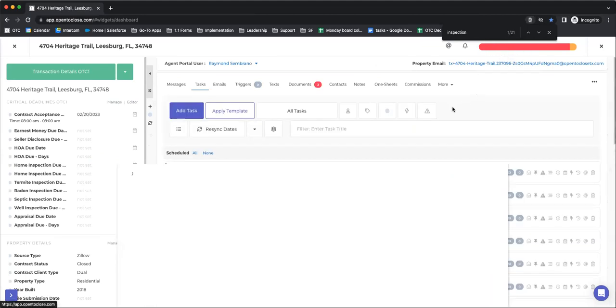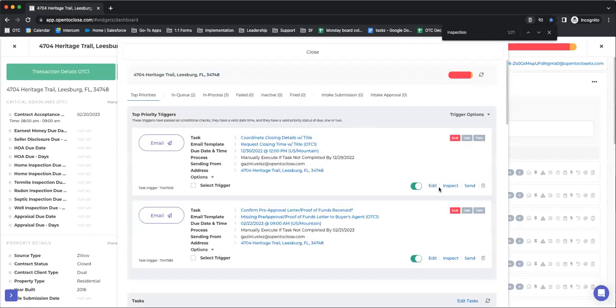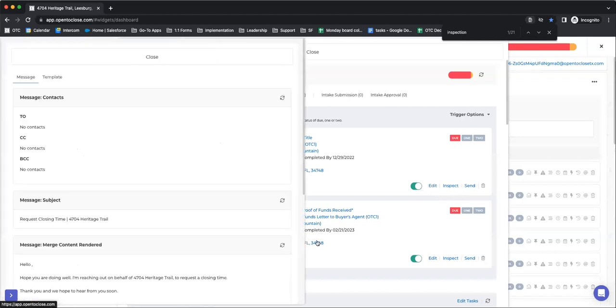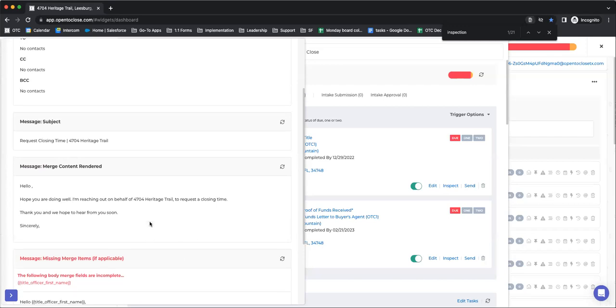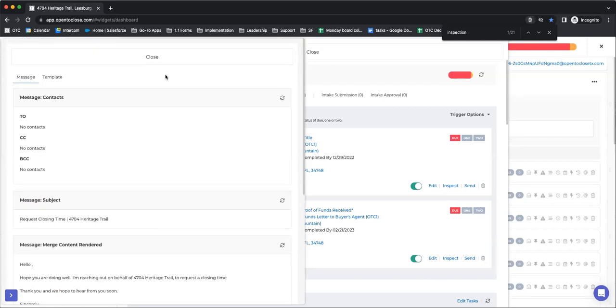That is actually going to be when I'm inspecting my emails and editing. If I go and hit inspect, this email has not been fully rendered. It is showing me a preview of what this email would pull in. But if I go in and make a change to this template in the back end and come back and inspect it, it should show that change for me because I have not rendered or applied that template fully to this